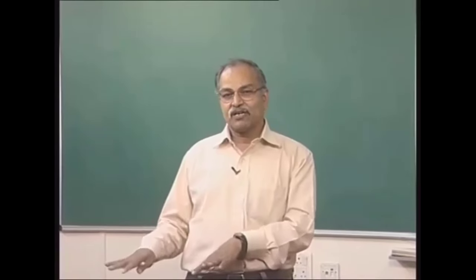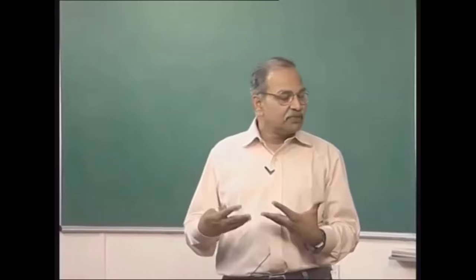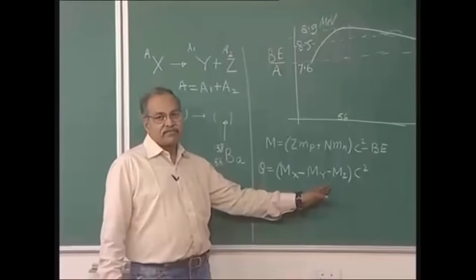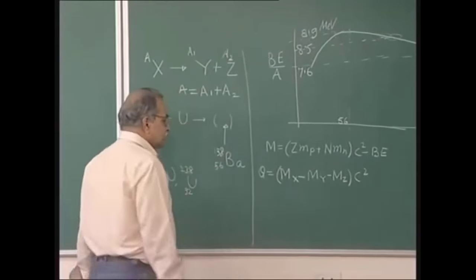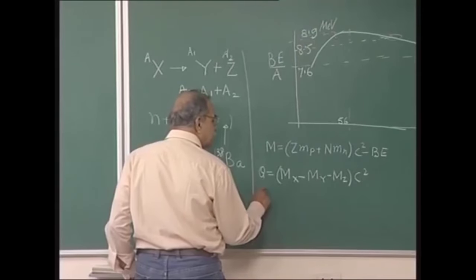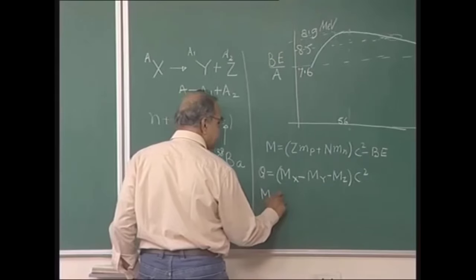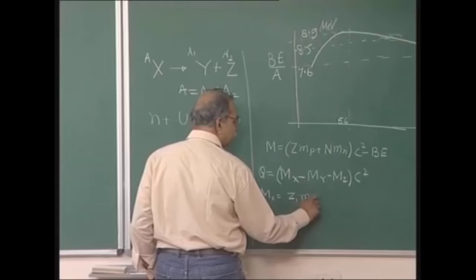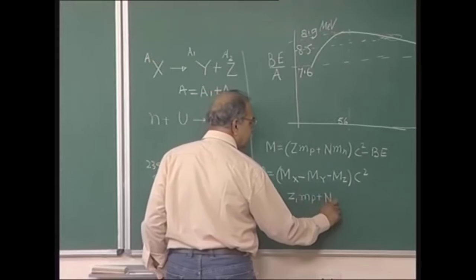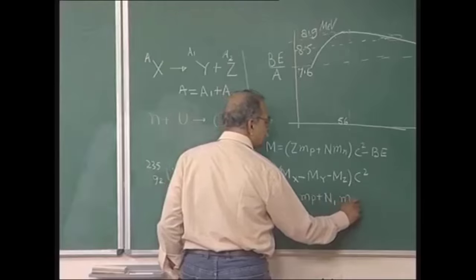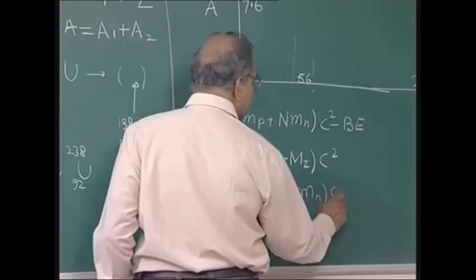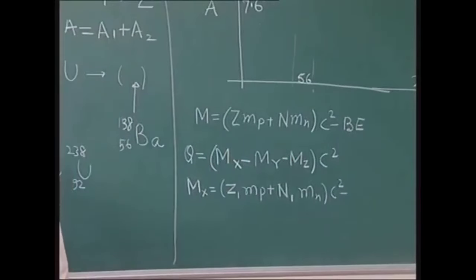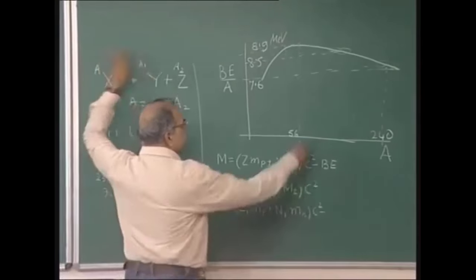So, rest mass has gone down. So, that much energy has been made available. So, that is Q value, initial mass minus final mass times C square. So, you can write your Mx is Z1 times mass of proton plus N1 times mass of neutrons, and then C square and minus binding energy, and binding energy of this X nucleus capital A here, and this is